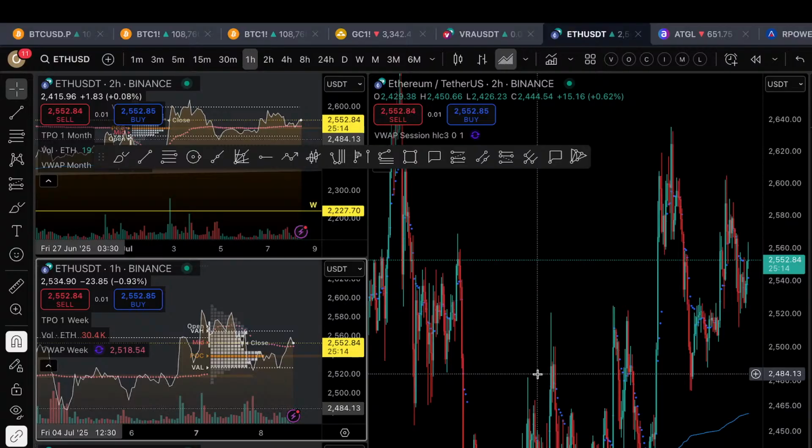Right now we're at the point of control. We also have this anchored VWAP. So because this is a liquidity that could be taken,